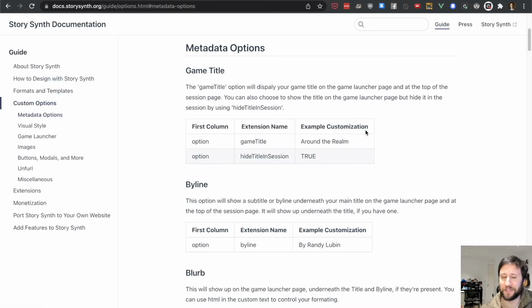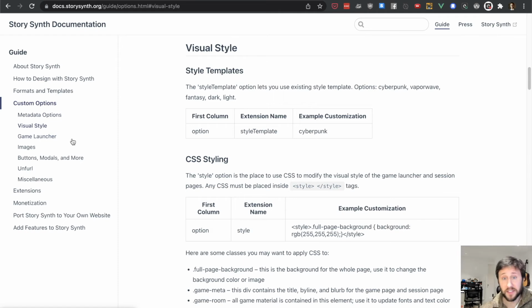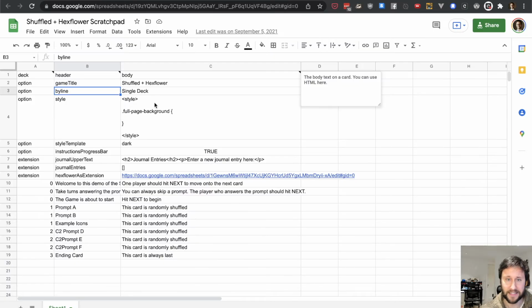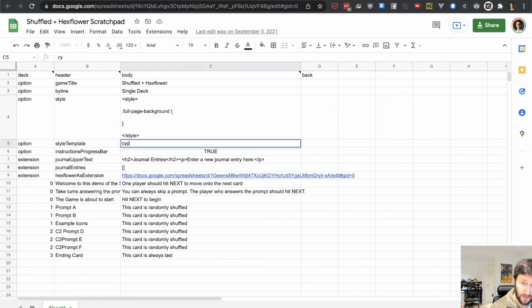Other custom options you can look into, so there's tons to mess with visual style. And the easiest thing you can do is just use the style template option. For these, you just say option, the name of the option, and then the value. So in this case, option, style template, and you can use cyberpunk or vaporwave, fantasy, dark, light. To see that in action, right now this is using the dark template. If I take this and update this from dark to